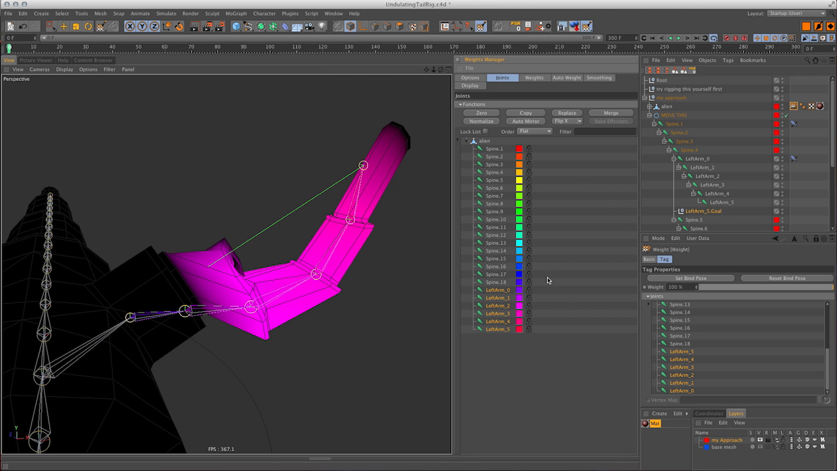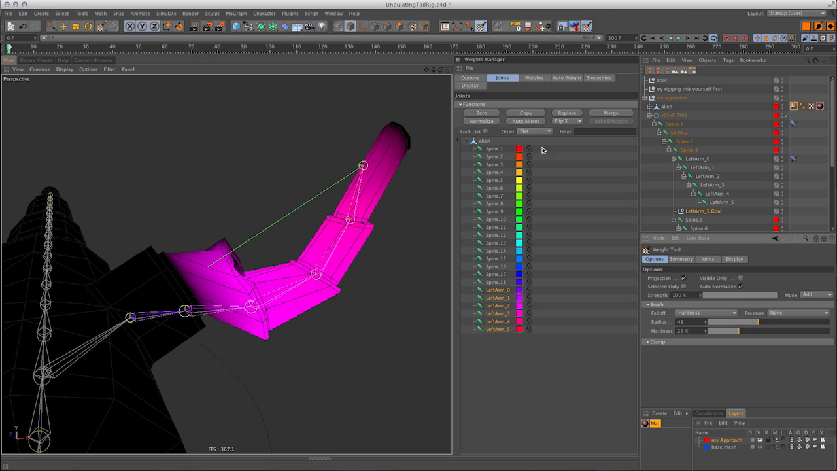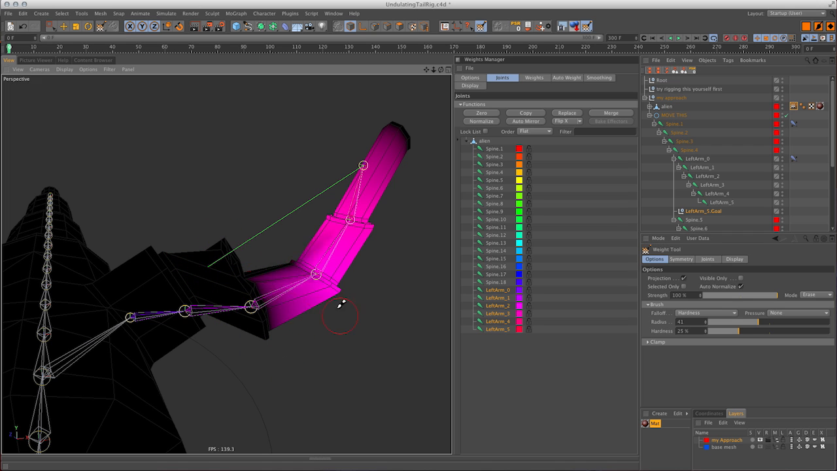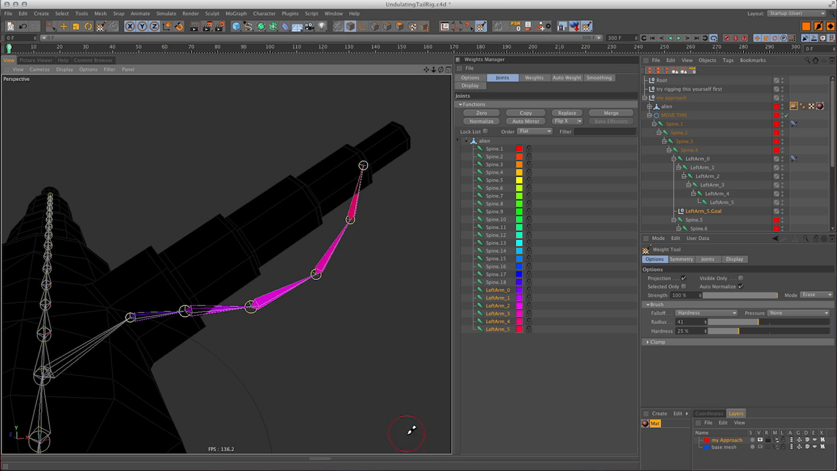So how do we do that? Let's zero all this out. Let's blow this up. Go to our weight tool, go to options, and then just here, let's erase everything like we did from the start. Okay. We'll leave that joint chain bent so that we can see the changes that we make in the weighting